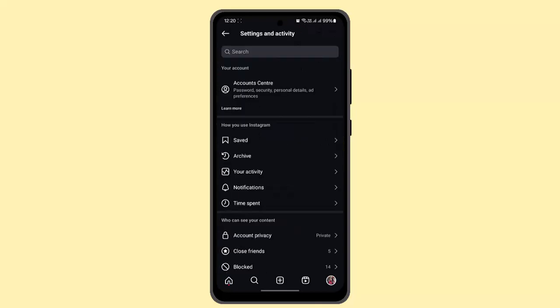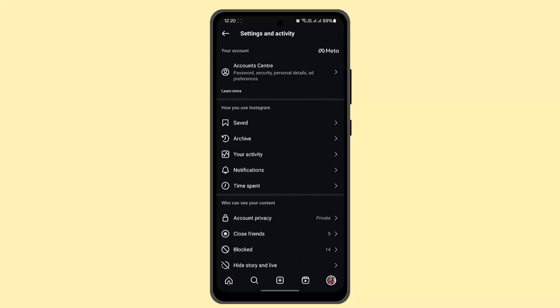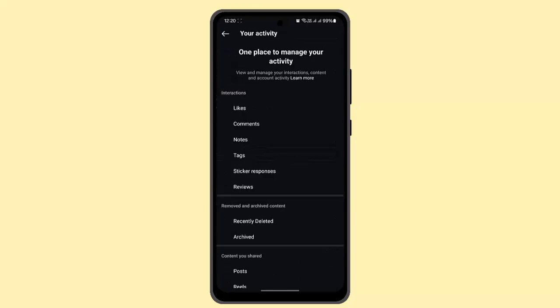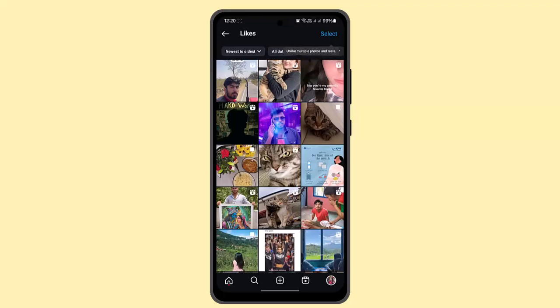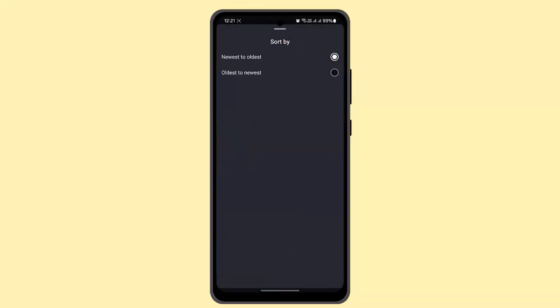So tap the tri-bar icon or the menu bar, and next thing you'll be able to see this sort of interface. So go to your activity. Once you're on your activity, you need to scroll down a bit, go to likes. Once you press the likes button, then you'll be able to see this sort of interface, like the posts that you've actually liked. So you can just go ahead and filter it out by selecting newest to oldest or oldest